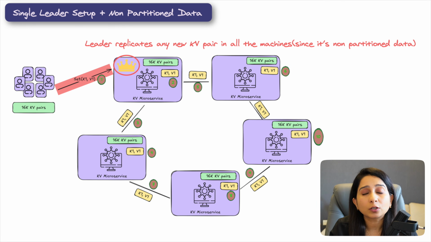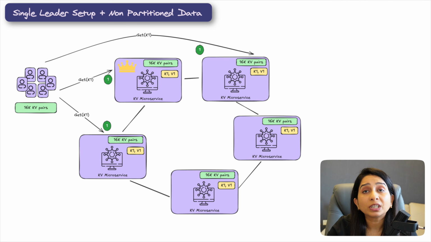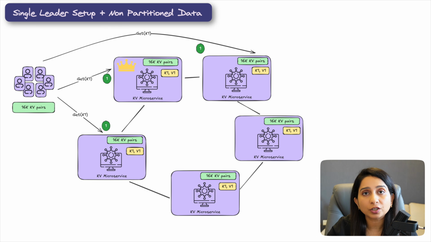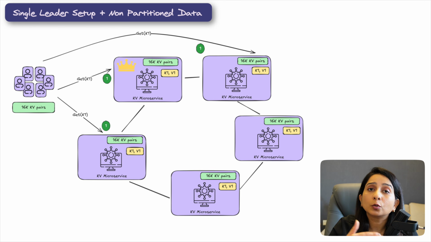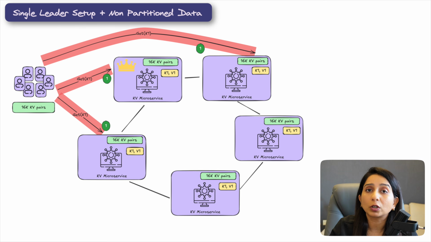If the requirement is to send it to all the replicas, which is also known as strong consistency, it will send the request to all the replicas, they will confirm that yes, we have now inserted this new key, and then it will respond to the user, okay, your operation is complete. And when the chance comes to read this data, to fetch the values of the keys that you have sent, those read requests can either go to the leader or they can go to any other machine, because it is a strong consistency model.